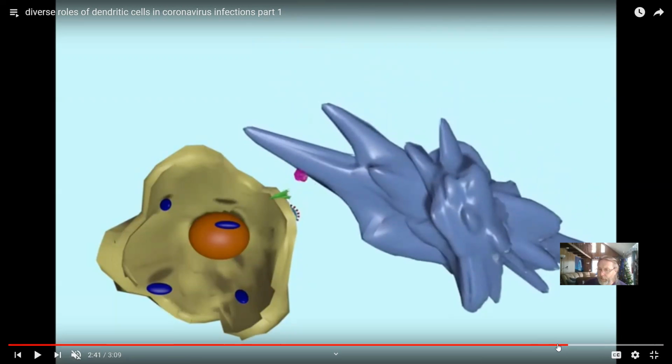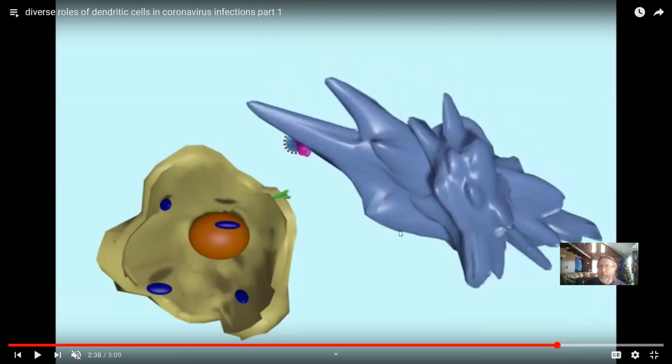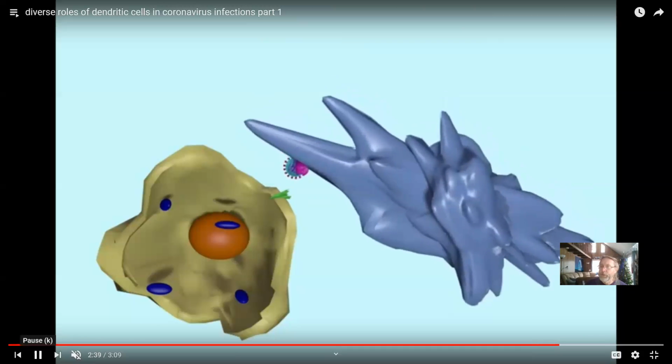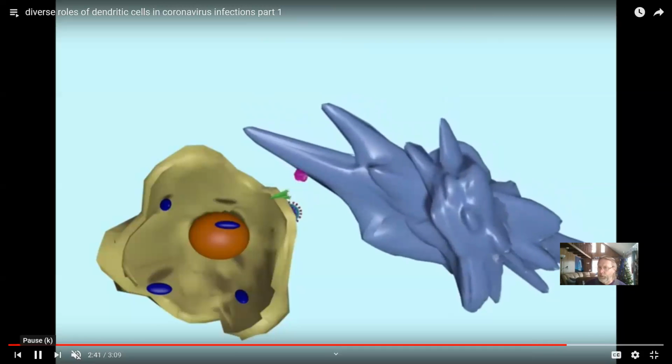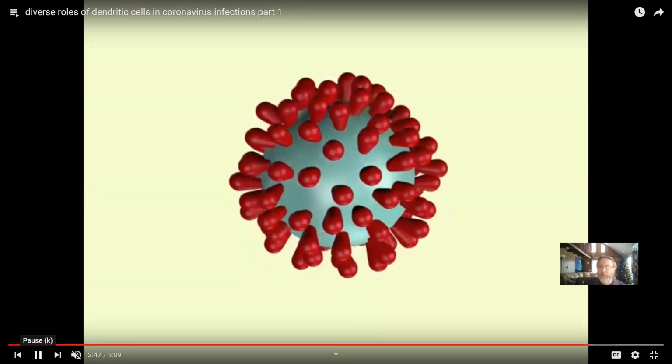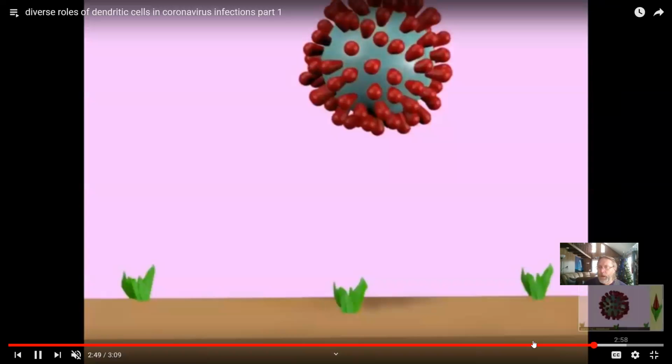One thing that a scientific paper I had read mentioned is that there is another receptor which dendritic cells possess, which doesn't allow coronavirus to enter the dendritic cell, but it actually might allow a dendritic cell to transport the virus to another cell, like an epithelial cell. So, dendritic cells are important to study. One of their receptors, the DC sign receptor, might actually have a role in